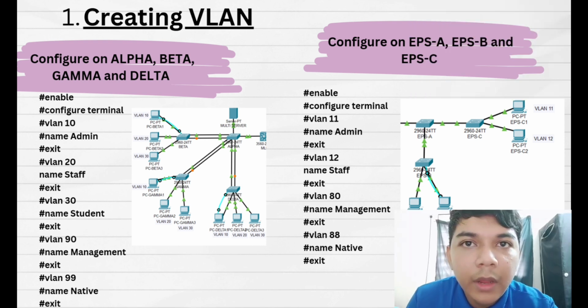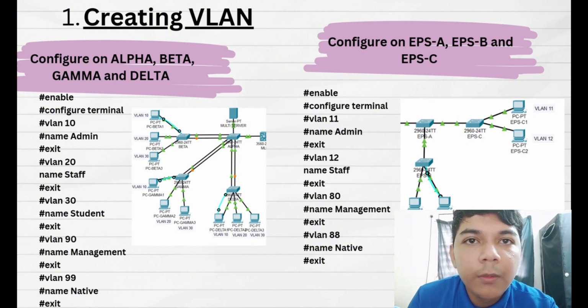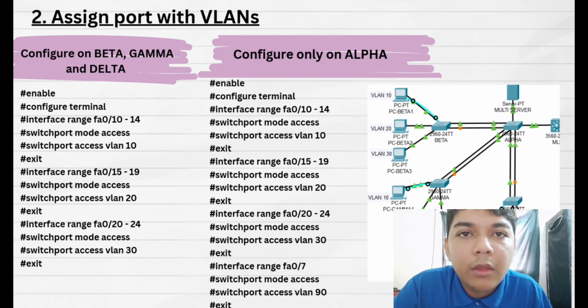To create VLAN on EPS-A, EPS-B, and EPS-C switch, we need to do the same configuration as on alpha, beta, gamma, and data switch, such as VLAN 11 as admin, VLAN 12 as staff, VLAN 80 as management, and VLAN 88 as native. Next, to assign port with VLAN on alpha, beta, gamma, and data switch, we need to enter configuration